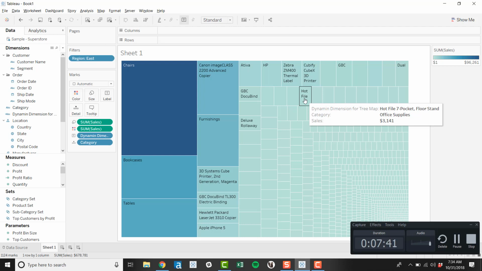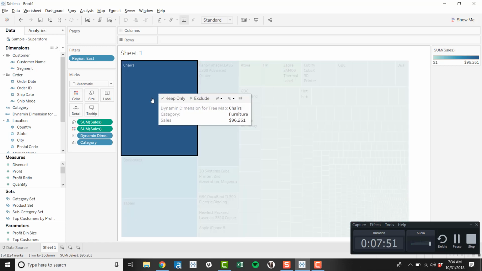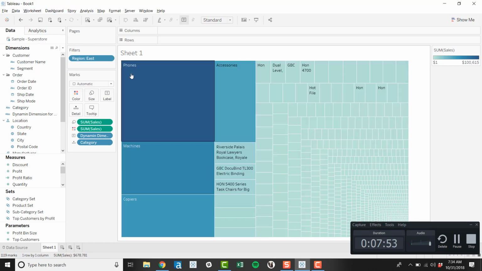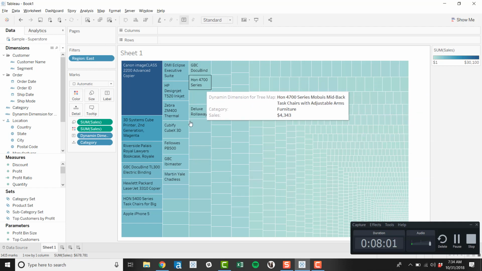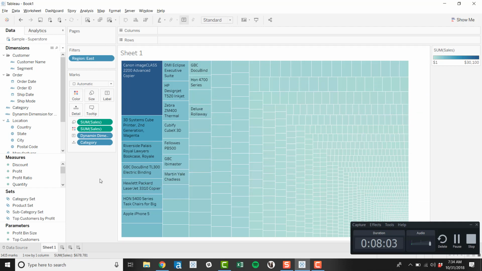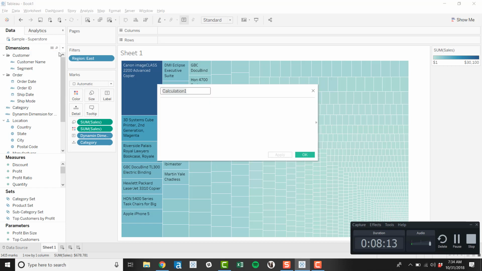What I'm seeing looks to be the product name itself, the hot file 7 pocket floor stand. That's a product name, and I don't think this is something I wanted to see. So you can see I'm drilling in and out. Got phones, and when I unclick, I get back to this mess of a tree map. So I'm not really sure. I'm going to go ahead and just try something different. I'm thinking maybe I want to build